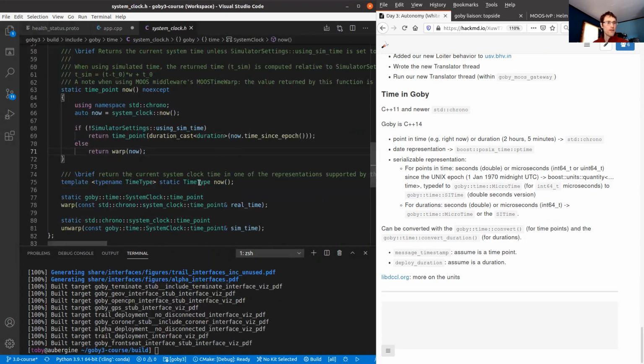The other thing that's in the Goby version is this overload for now that takes a template parameter of time type, and anything that's supported in the convert family of functions can be passed to this template parameter.